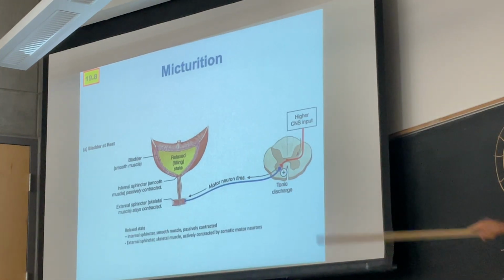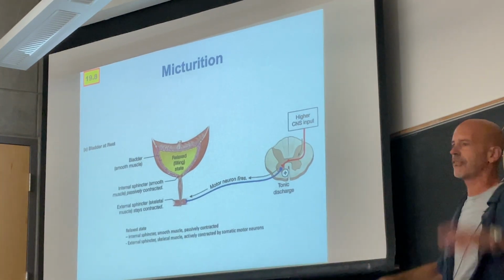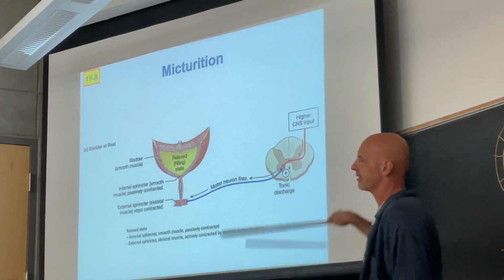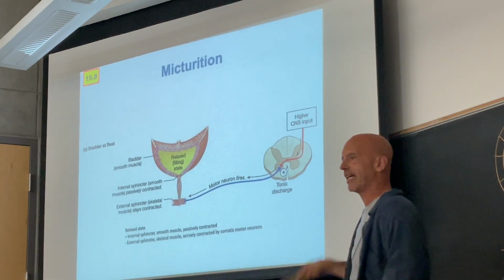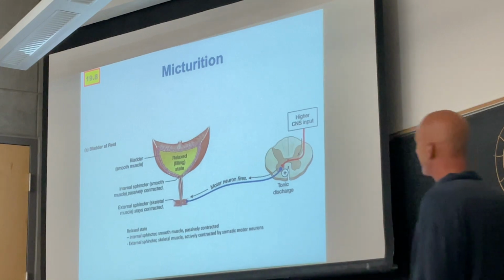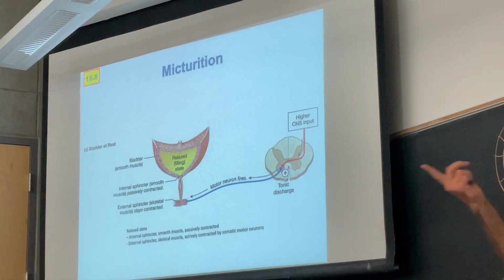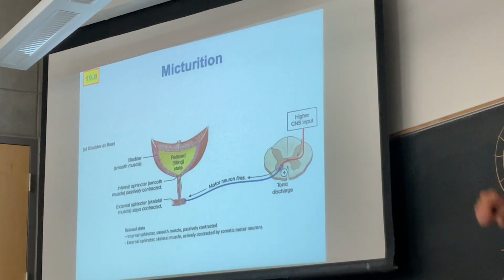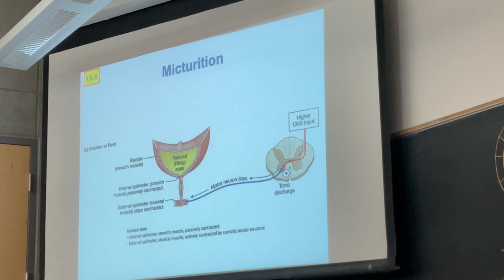And this is controlled by the higher CNS. This is skeletal muscle, this is your big brain. It's saying, don't pee now. You can't pee right there. Don't do that, until you're this close to the bathroom, and you get closer and closer. And for some reason,